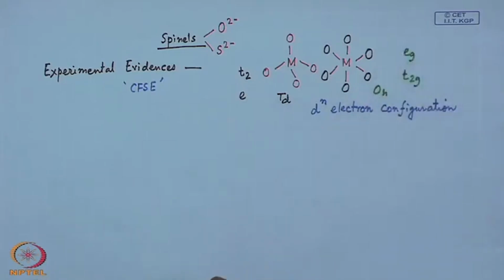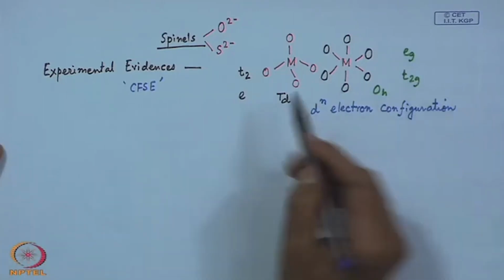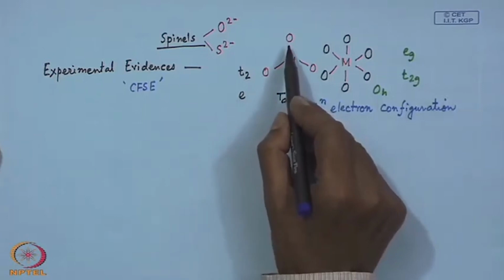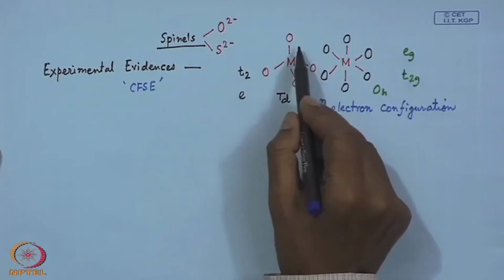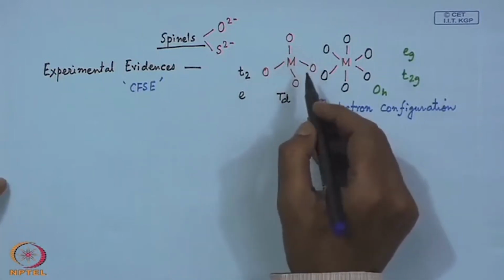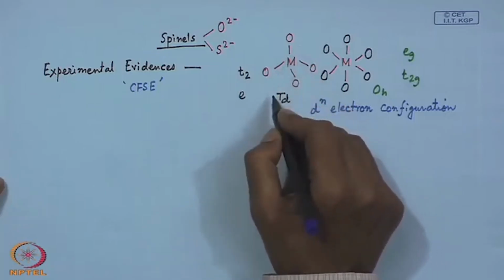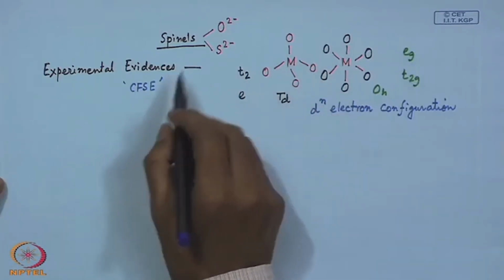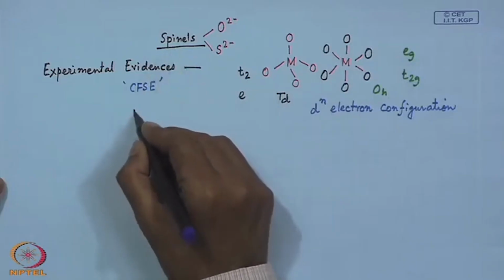So, when we calculate out the corresponding stabilization energy, we find that the preferential site occupancy for some of these metal ions in different electronic configurations are there for a typical spinel structure where we have